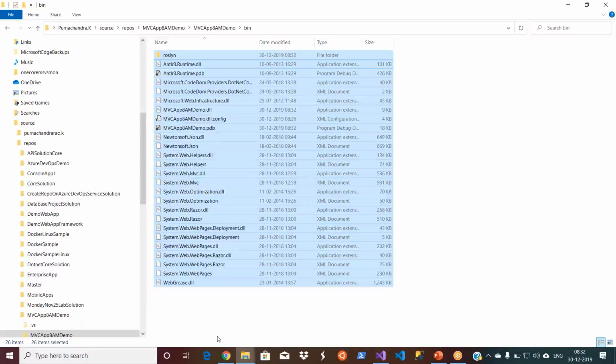Basically, when I deploy my application, I don't deploy all my .cs files, etc. These are the executables that are going to your servers, to your web server or to your app server. This is the one that will be available on the server. You need to be worried about it, not the code written by the developer. Okay, so let's close it. That's about your Visual Studio, how to create a new project, etc.